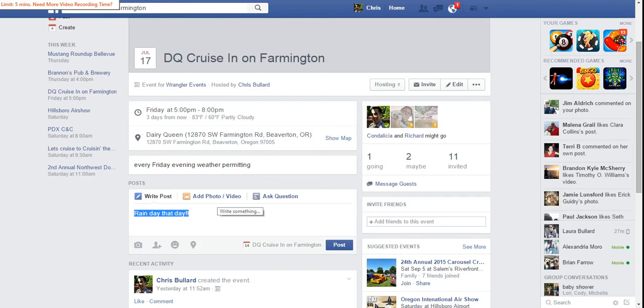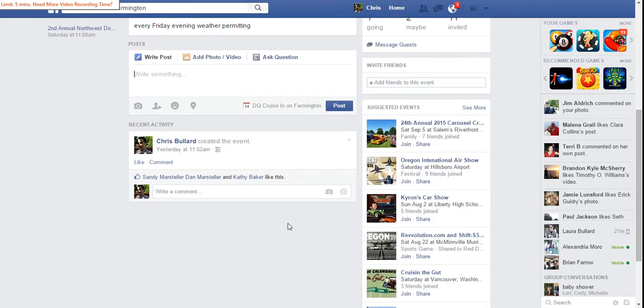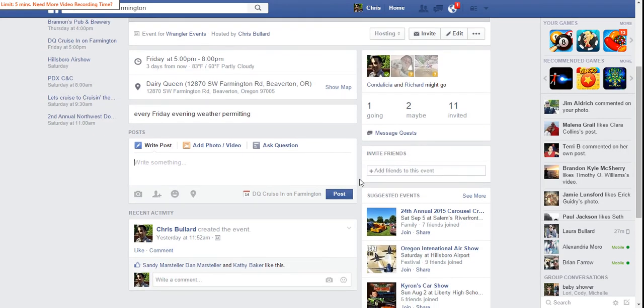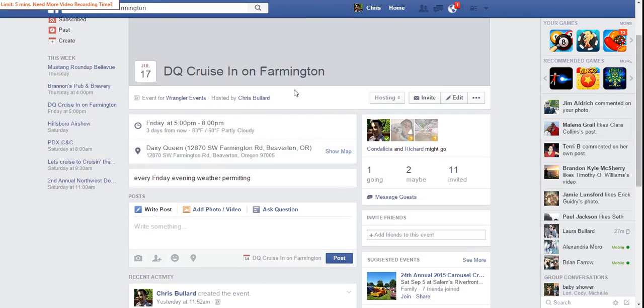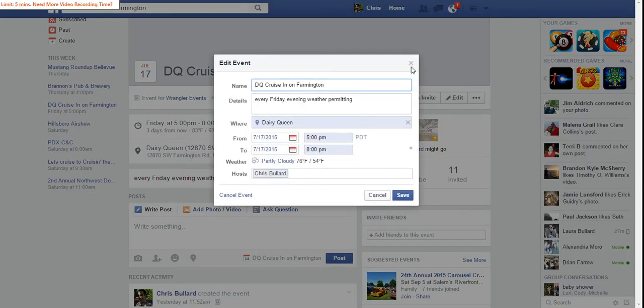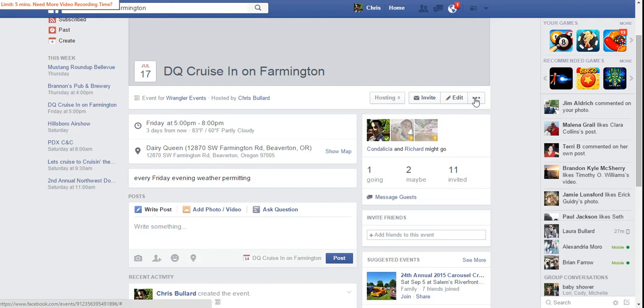Also, I know with some events, there's closed registration. Let's see. Anyone else want to join? You can type anything in there, and everybody who's got an invite to it can see what's going on with that. And that should only be Wrangler people. Anybody should be able to see into this and be able to type into it. I think only admins can edit it once it's made, or the people who hosted it can edit it. Let's just say, like I know Todd, he runs a lot of his events. Maybe he might want to be a host. You could have multiple hosts too for events. Okay, I'm running